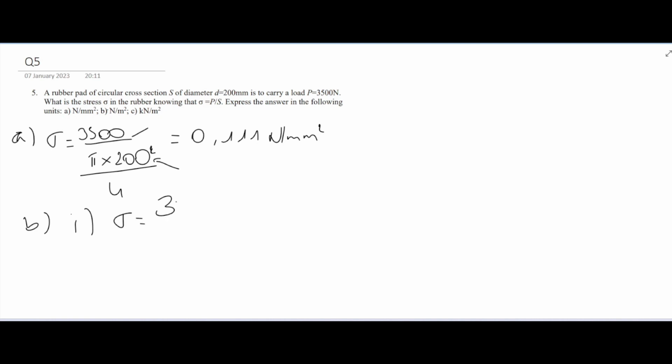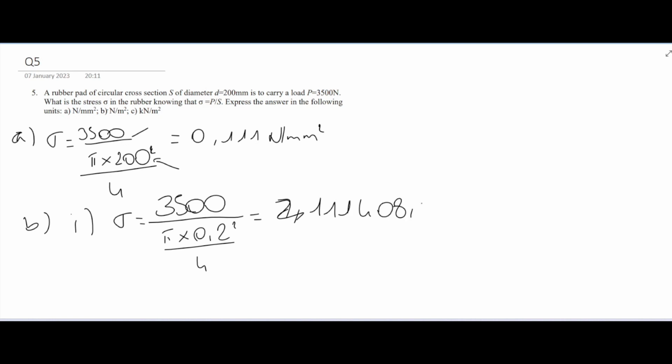So we keep the newtons at the top, but then at the bottom we want meters. So 200 millimeters is the same as 0.2 meters squared over 4, which is going to give us 111,408.46